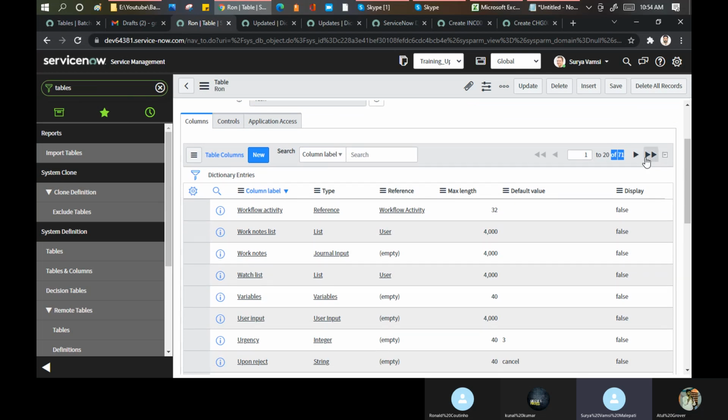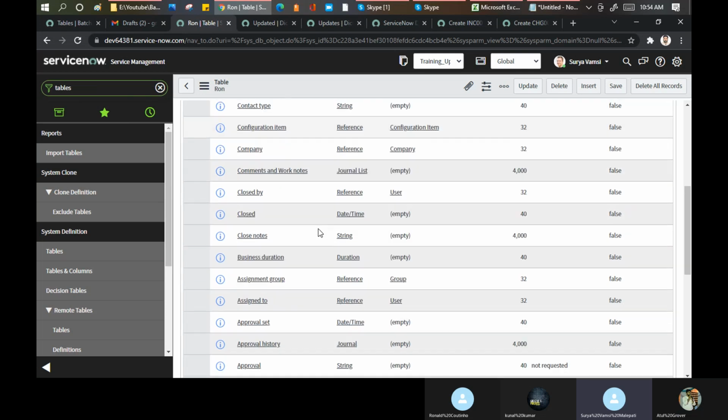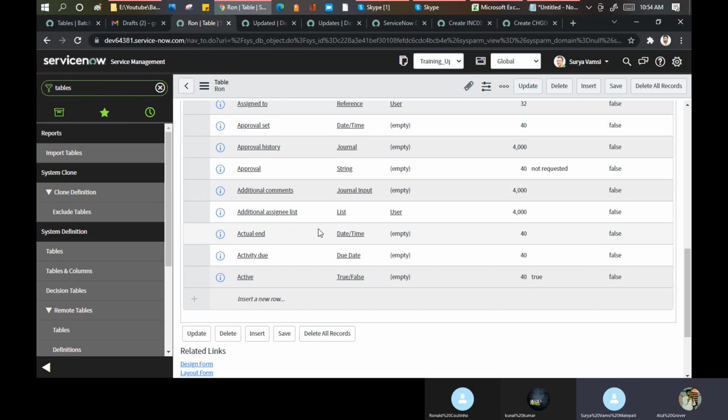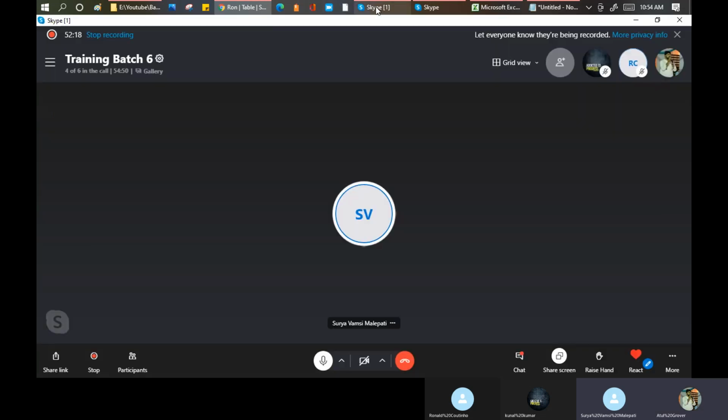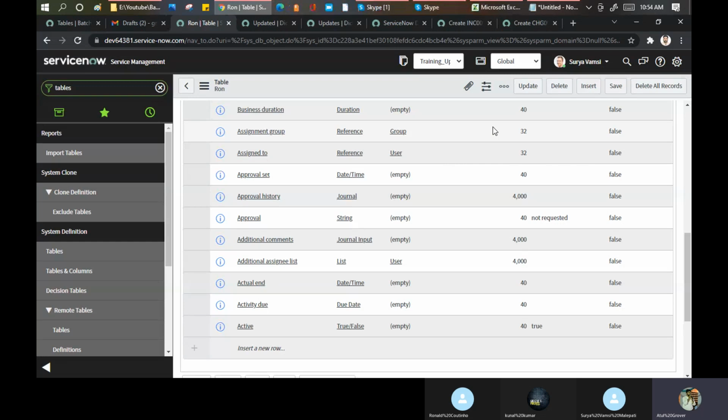Yeah, in search we can check it. Right? One way. Second way is going into the next page and then checking. Now, if you want to search that part, Surya, I'm just putting you on mute. Sorry.